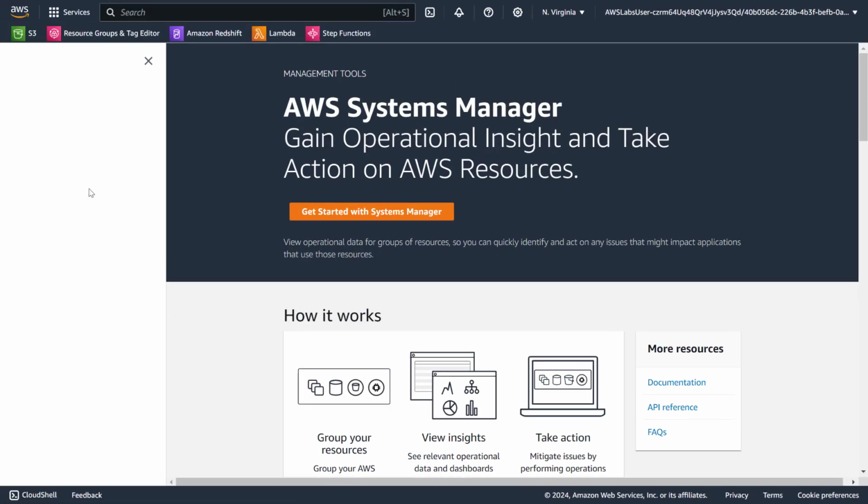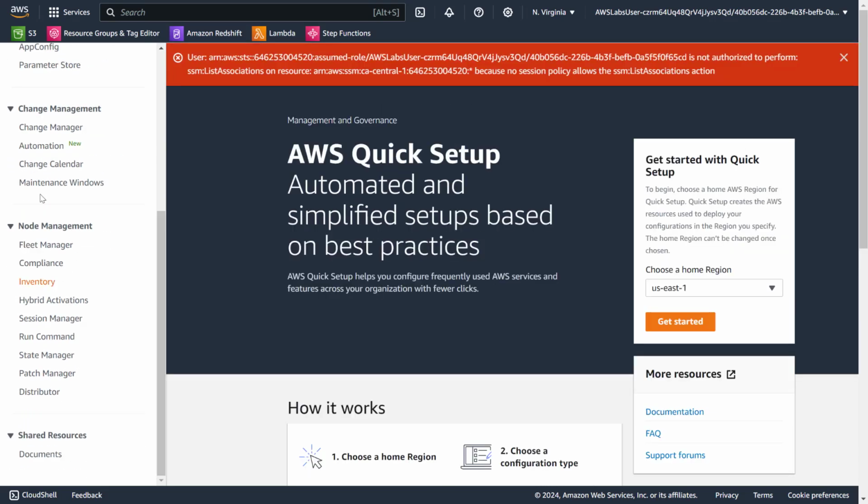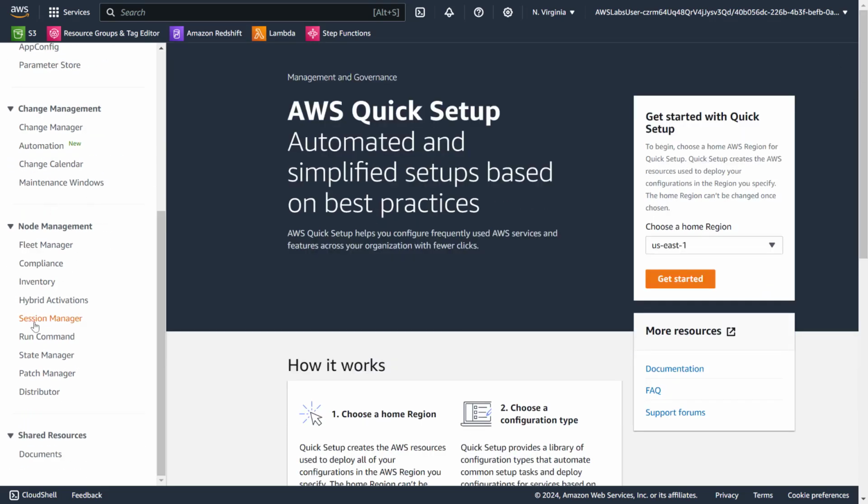So let's go to Systems Manager, and under this there are several services. Okay, is it not showing or what is happening here? Get started with Systems Manager. You can see there are so many things you can do using Systems Manager, which I'm not going to walk you through. But what we are interested in is the documents,